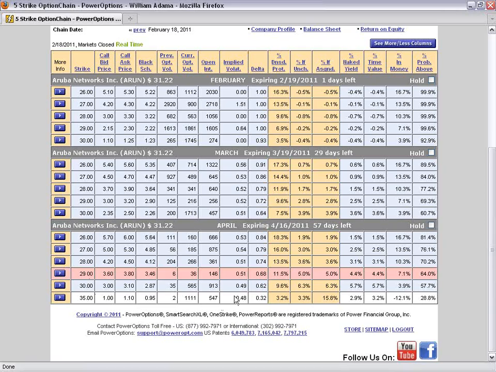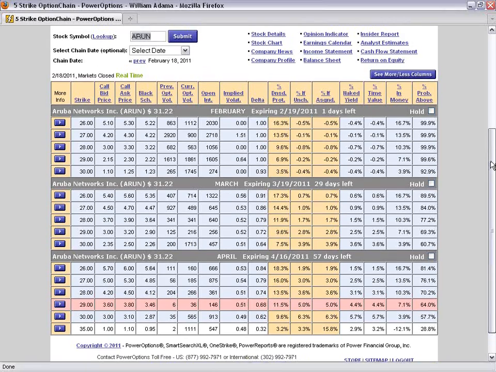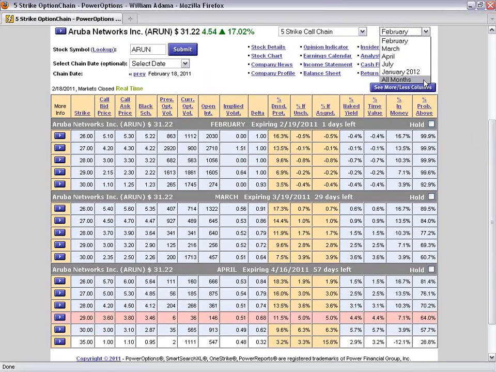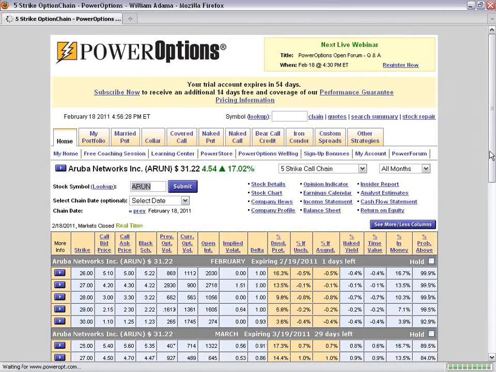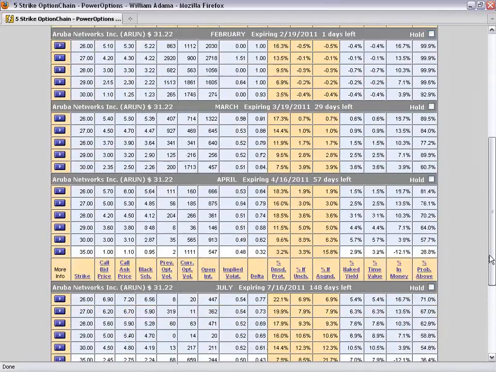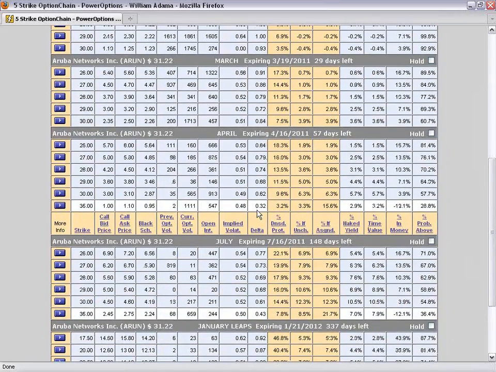The Aprils are only shown because that's the only next cycle that's available. There's nothing available yet that's further out in time due to the cycle for this particular stock. So, oh wait, maybe there is. No, there we go, all months. Sorry about that. There are some LEAP options, I'm pretty sure. There we go. I apologize. There's our July options. That's what I was looking for. So here, we could roll out to July, but now we're going 148 days out in time.